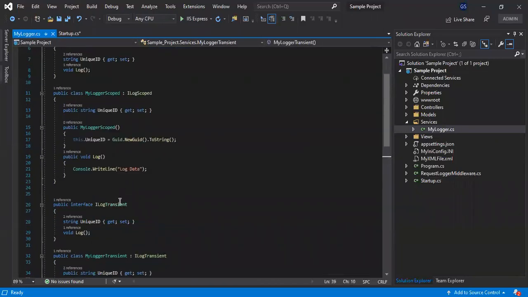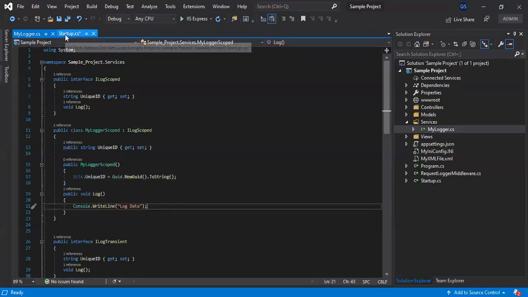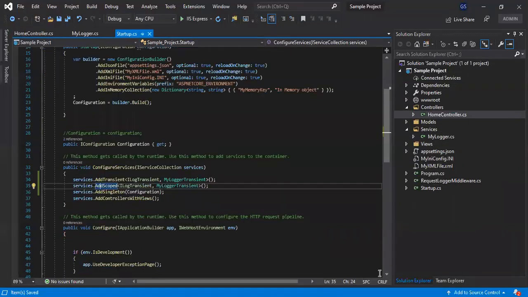In these, we are simply logging with Console.WriteLine, and when a constructor or a new instance is created, it will assign a new GUID. Okay, so now let's register these services in our Startup.cs file. Now we have registered our services, and let's see how to inject these services into our application.